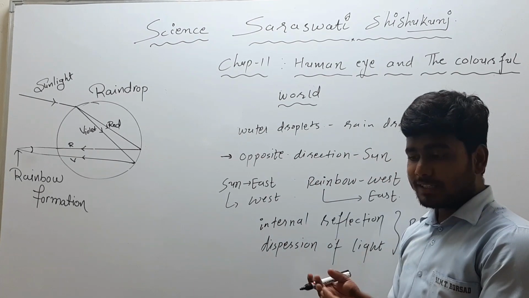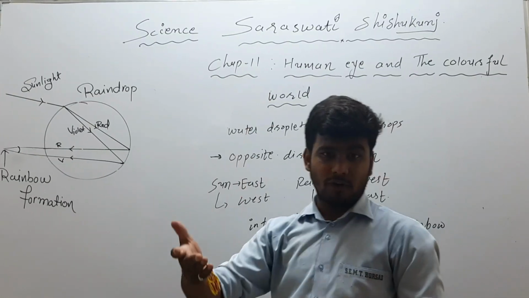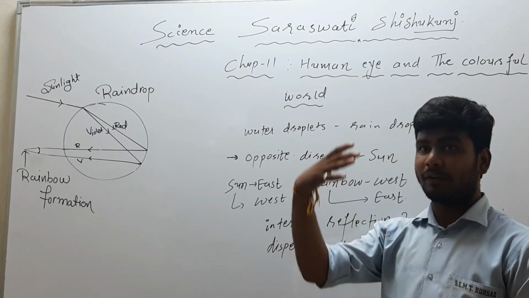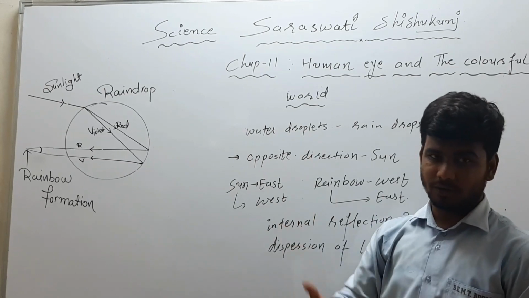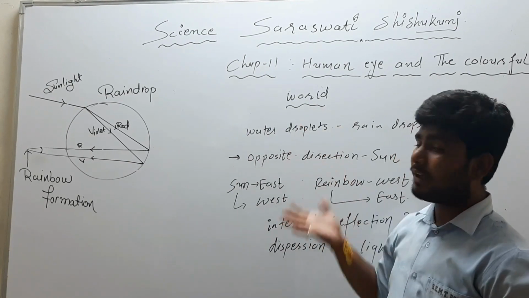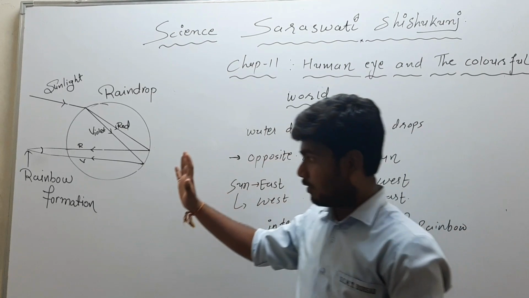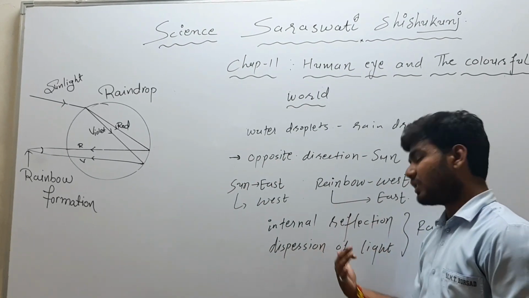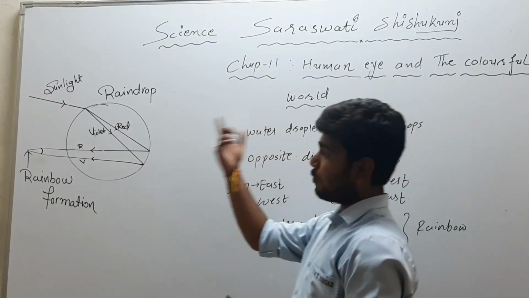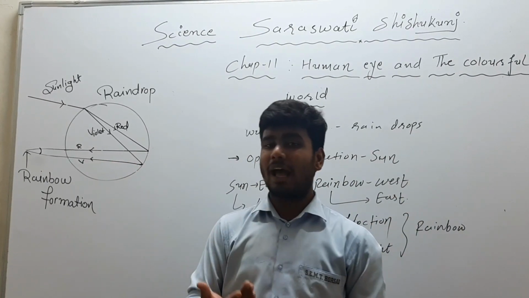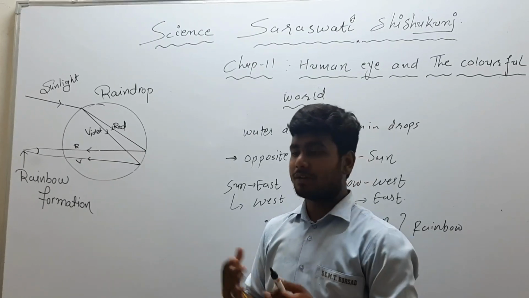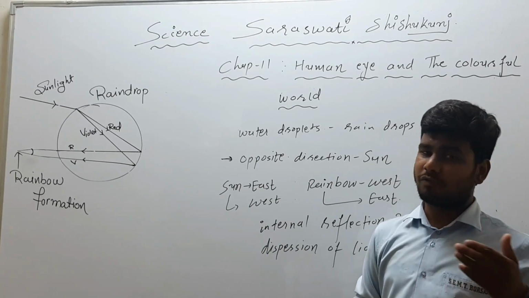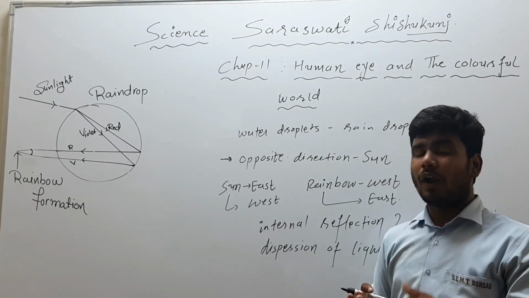Also, we can see this type of rainbow through a waterfall, right? If the sun is behind you, you are able to see that rainbow with the help of a waterfall also. So this way, the image of the rainbow which we are seeing is due to internal reflection and dispersion of light done by the water droplet, which behaves as a prism. This is also an important question to understand: the formation of rainbow, which is based on dispersion of light.